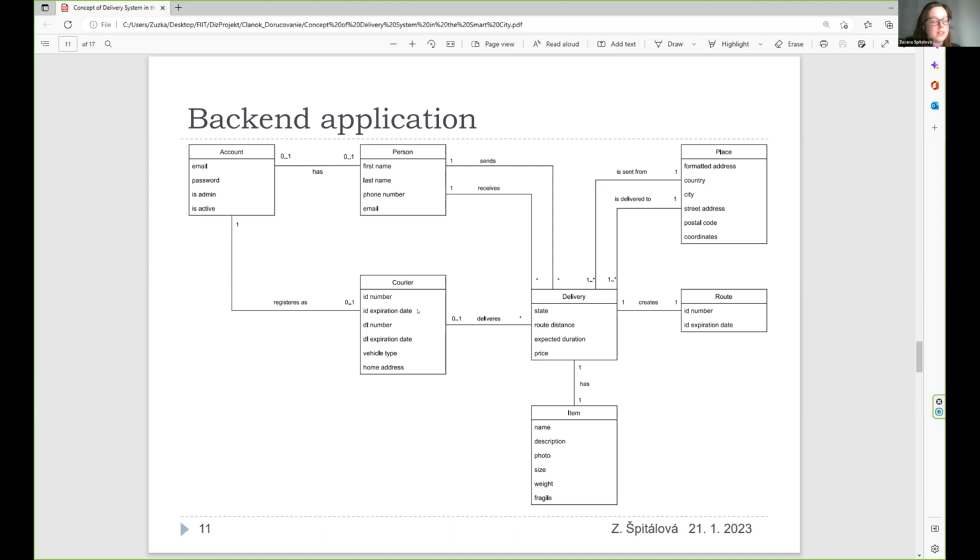For the courier, there is also some special information required. For the delivery, it's the same. So the state of this delivery item, route distance, and expected duration, which is also calculated thanks to the Google API. And the price is not mandatory, because it's just maybe for some future use, but we were not thinking about it.